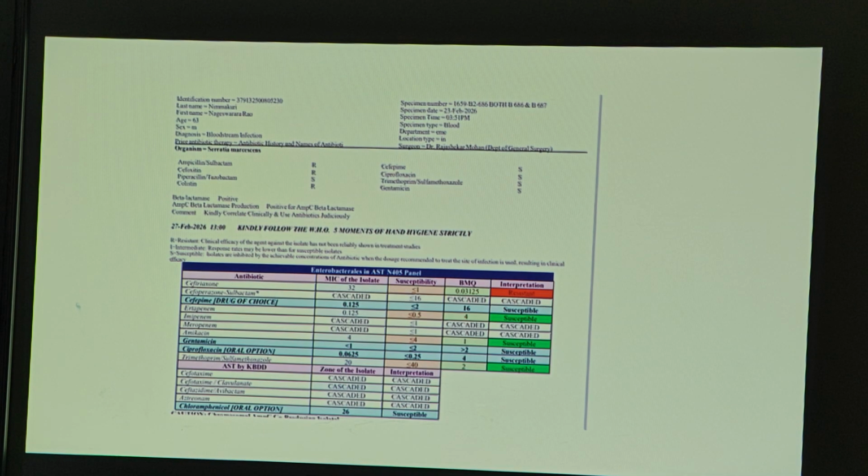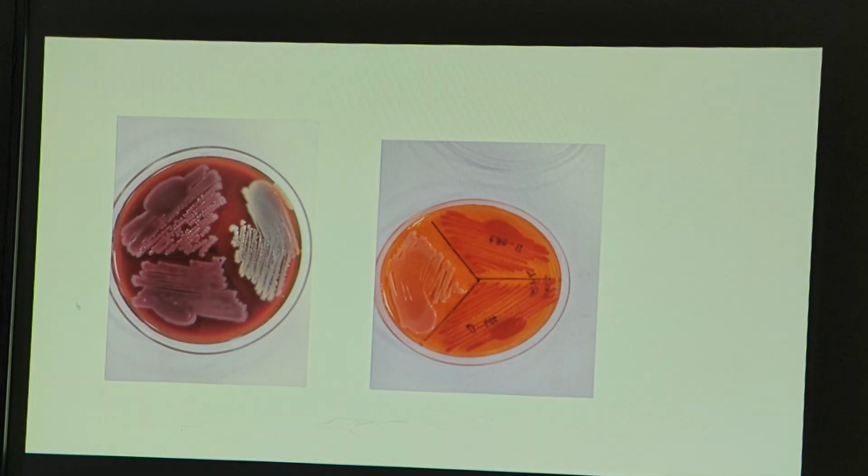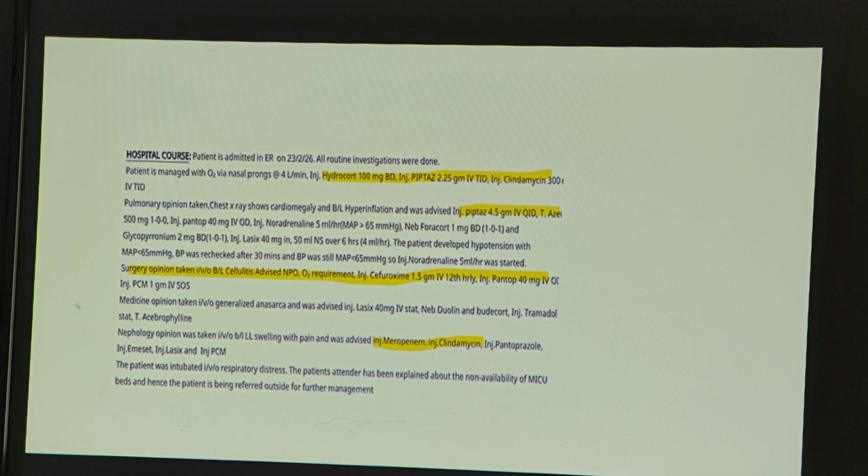We got Serratia. This is the final report of this particular isolate. It is susceptible to piperacillin tazobactam, cotrimoxazole, aminoglycosides, quinolones and all. We particularly mentioned the intrinsic resistance, the SPICE organism, everything regarding Serratia. So in this case, what happened is, after taking proper history, they have taken everything. They looked at the CBC, RFT and all, but different opinions because they are not correlating with each and every one of these consultations.